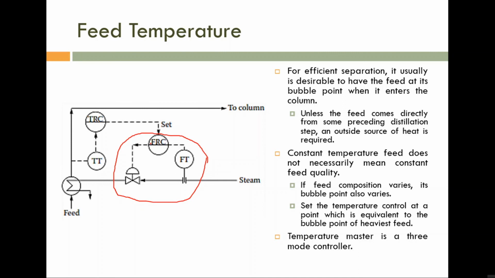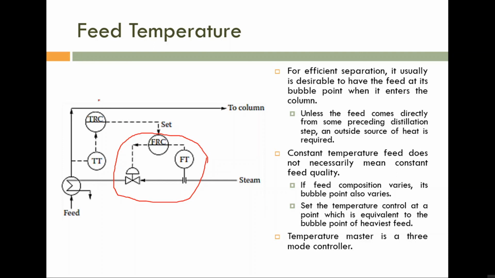The problem is, if it is above the bubble point, more than one component may be vaporized. We want to separate one component, so we normally need to vaporize only one component. But if it is very close to the bubble point, a small disturbance will increase the temperature above the bubble point, so the vaporization rate of more than one component will increase. So normally we have to use a cascade controller if we are maintaining the temperature very close to the bubble point. So you have to remember that.